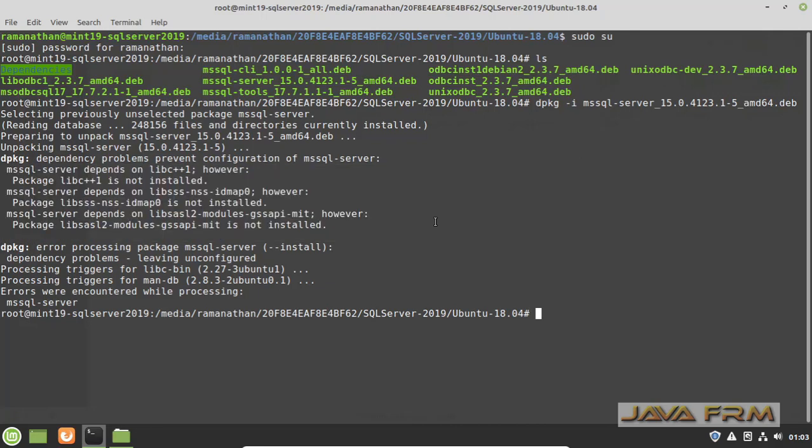So next step is I am going to update the repository settings. Sudo apt-get update will give you the updated repository list.